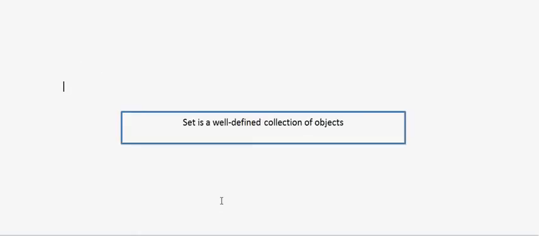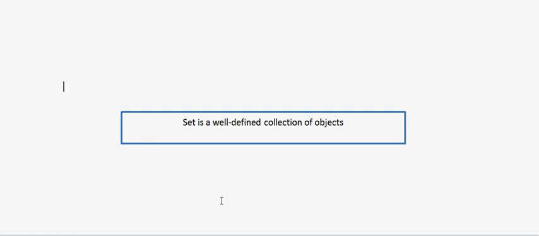And when we say well-defined objects, for example, if I define a set for animals, that set will have animals like cat, dog, horses, etc. And if I define a set of fruits, it will have apples, oranges, etc. These are two different distinct sets, and you cannot have an animal in a set of fruits.